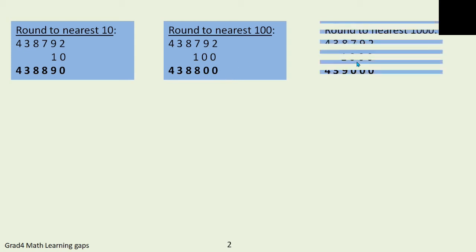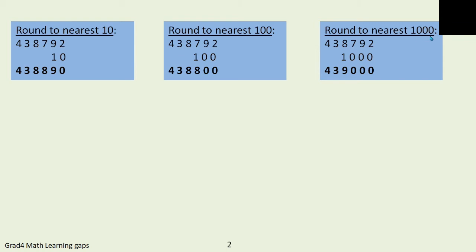Okay, now rounding off to the nearest 1000. As it is to be 1000, I have written 1000 down for the same number. Okay, the same rule goes on. The rounding off place is 1000, that is 8 is in the thousands place. Yes. Okay, the digit to the right of the rounding off place is 7. Now 7 is more than 5. If it is more than 5, I will add 1 to the rounding off place, that is 8. So 8 will turn to 9. So my number will be 4,39,000. Clear with it? Okay. Now moving on to the next topic, that is prime factorization.